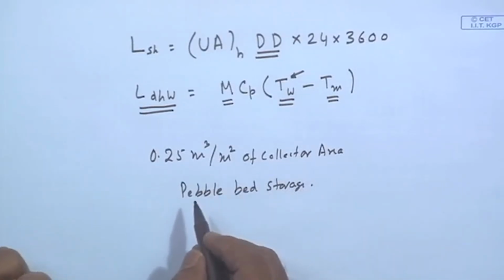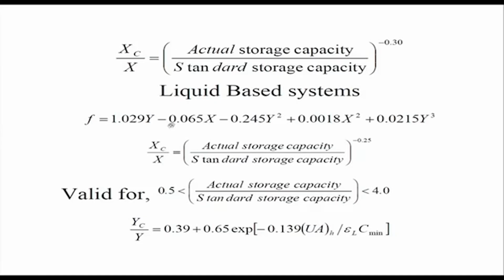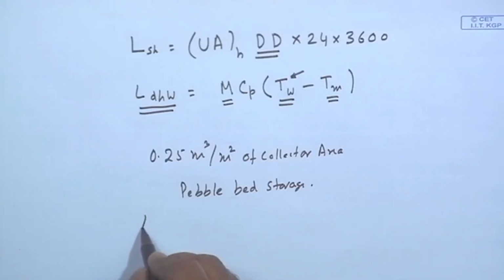So, a similar relation is given for the liquid based systems. These numbers 1.04, 1.029 slightly differ, and you have got Xc upon X. If the storage capacity is different from the standard storage capacity, you correct X, and this relation is valid between 0.5 to 4 of the ratio of actual storage capacity to the standard storage capacity. And then the liquid based